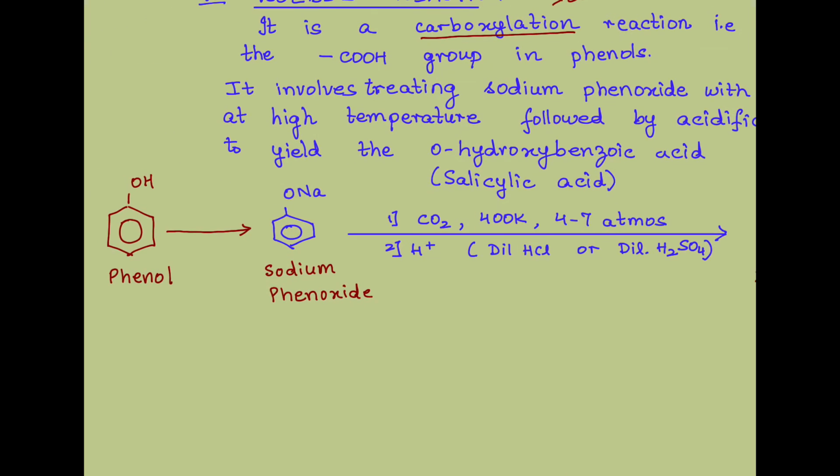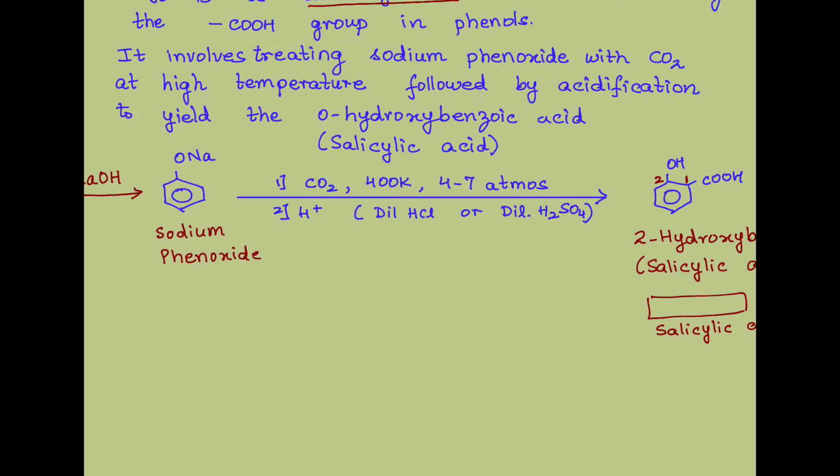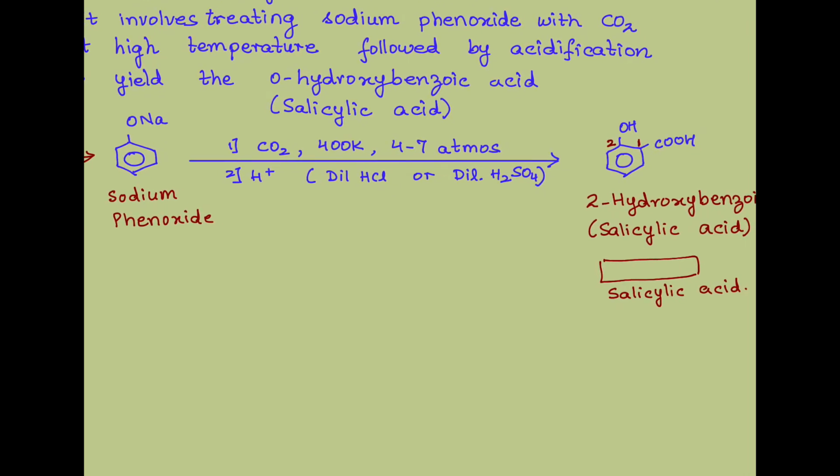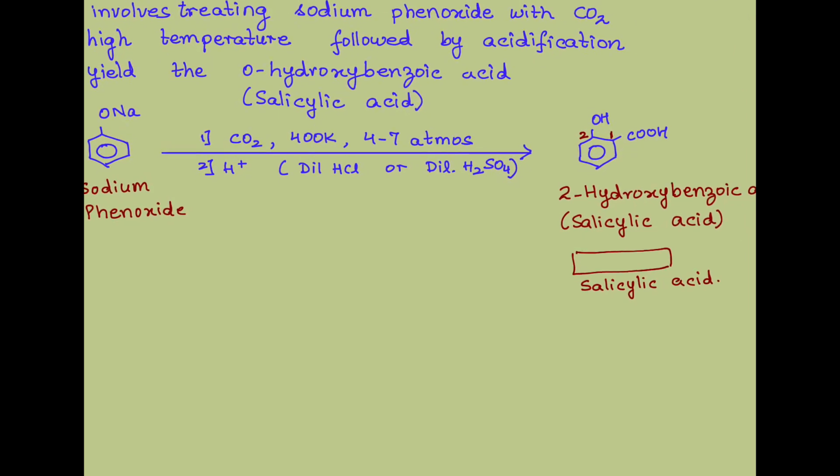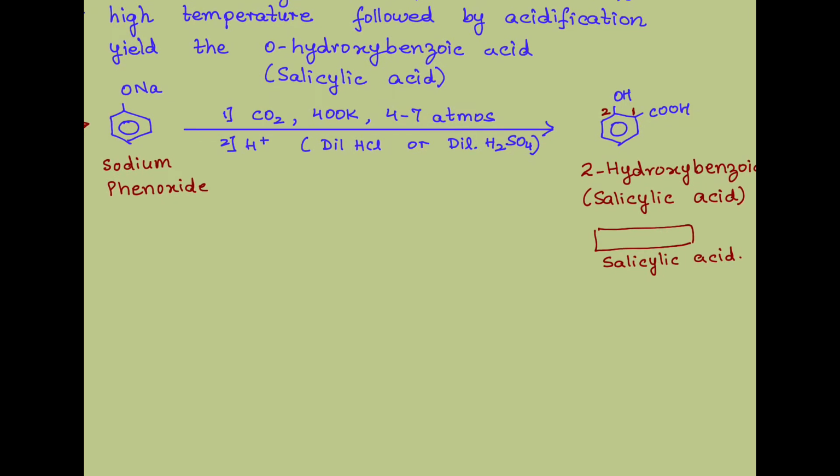Phenol to sodium phenoxide. Tell me, how are we going to do that? Well done. We are going to treat it with sodium hydroxide. This gives us the acidic behavior of phenol. Correct? Now this sodium phenoxide, I have written as one step. Why not break it down? Let's break down our reaction.